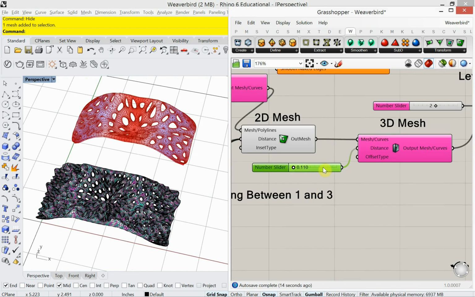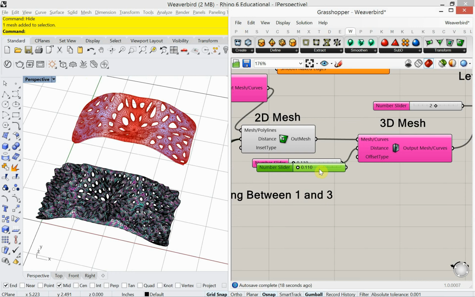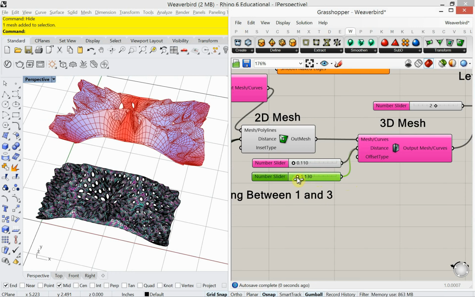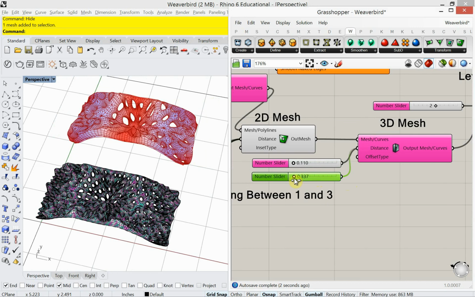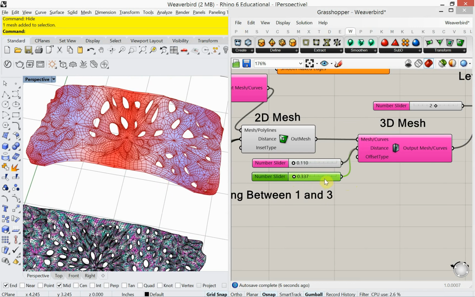And that's going to happen here with the distances. This is another place where I can apply multiple values. So go ahead and plug this one in. And let's take a look. Look at that. That's pretty wild. Okay, it gets pretty thick pretty fast. All right, so let's